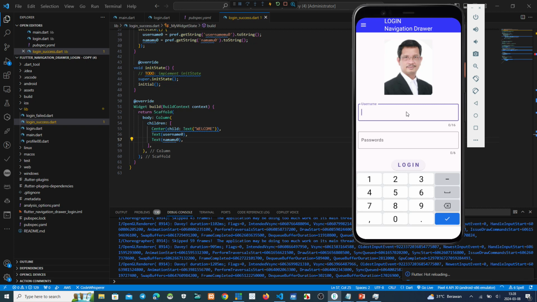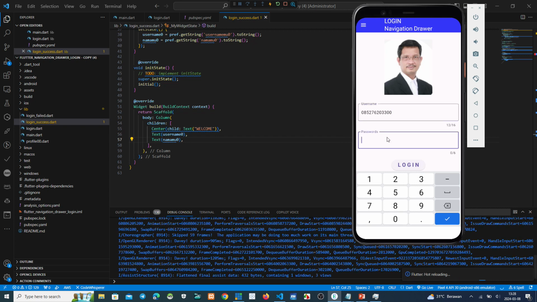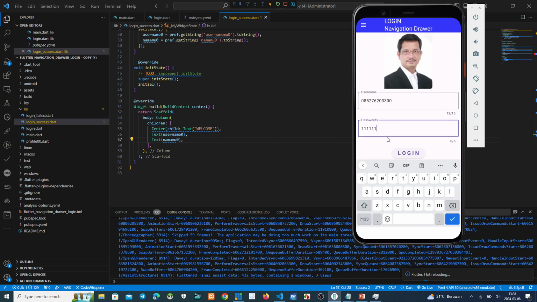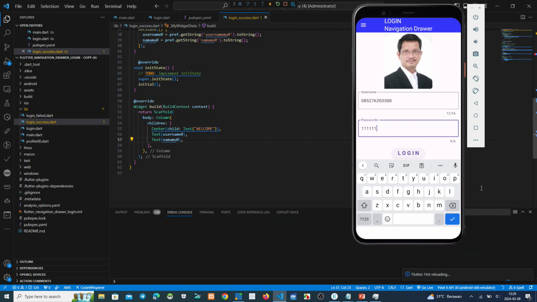We put the username here, and this is the password. Before we click the login button, wait until the process is finished. We wait for the hot reloading to finish. Okay, finished. Now we click the login button.